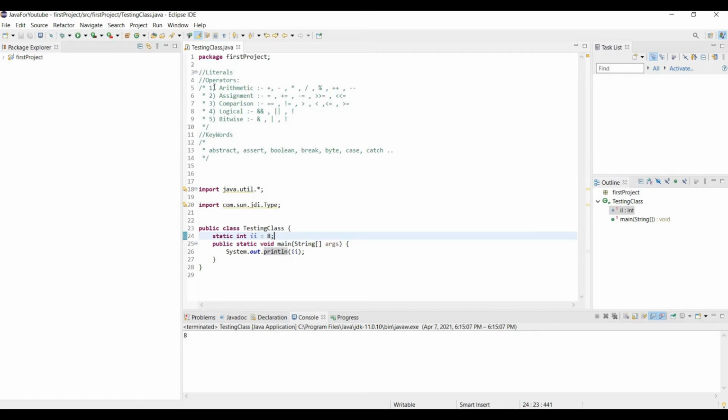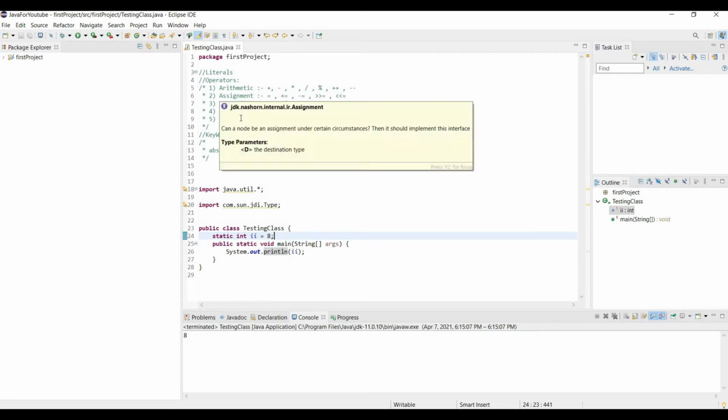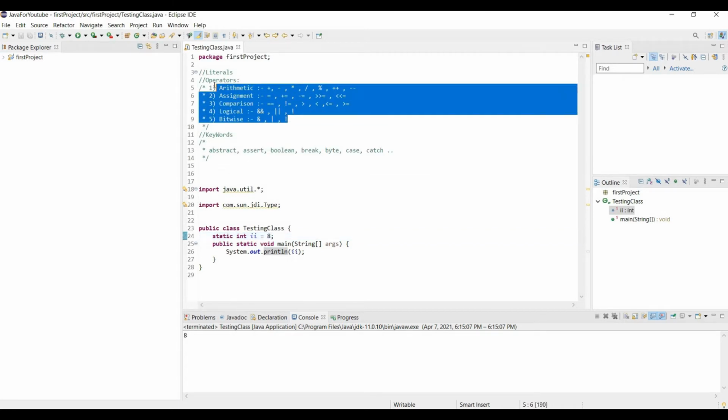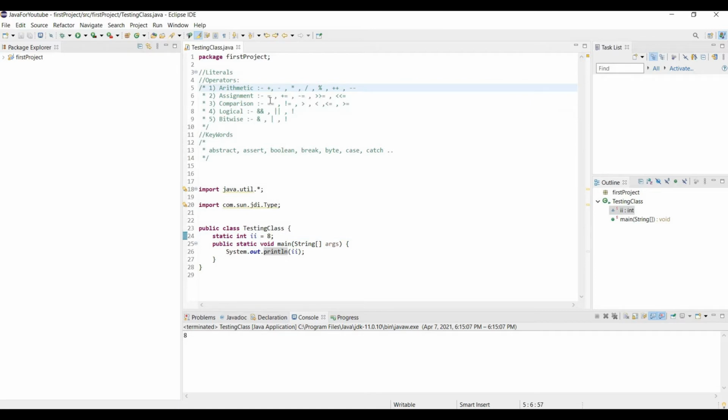Now let's come to operators. There are five types, as you know. So where do we use operators? Generally, we use operators to operate some task, to operate some logic. It is used in conditions, for example, as I specified here, that i is equal to 8.